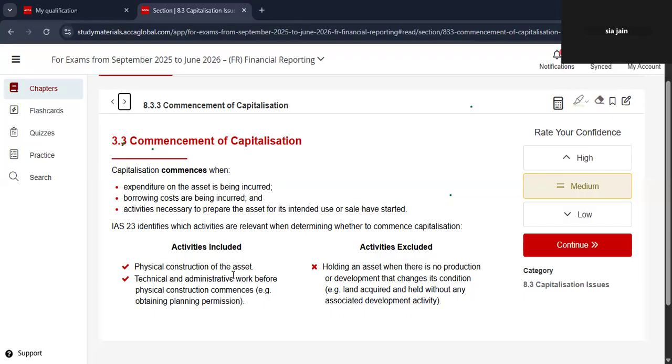Some work is being carried out even before, if you have not physically started, some research work or technical administrative work. You're conducting some work related to the asset, then only you can start the capitalization. But if you're just holding the asset, like you have commenced the physical construction of a building, you have actively made some contribution for 3 months, but after which you hit rock bottom, something happens, and you have to stop that process. Then you cannot capitalize the interest expense for that much period.